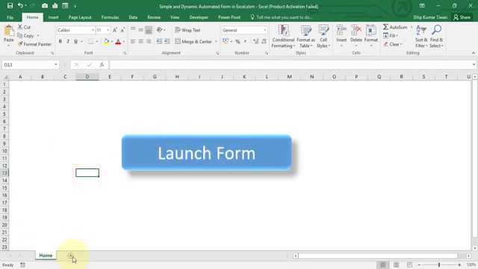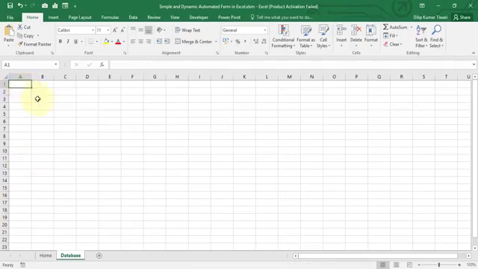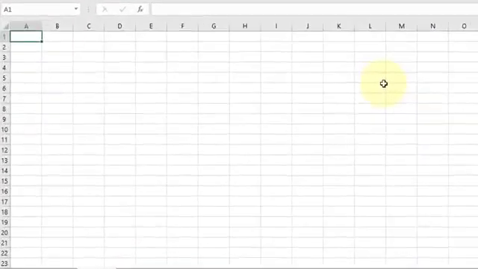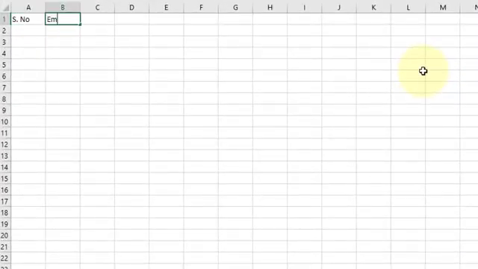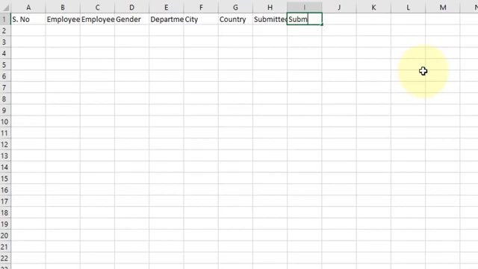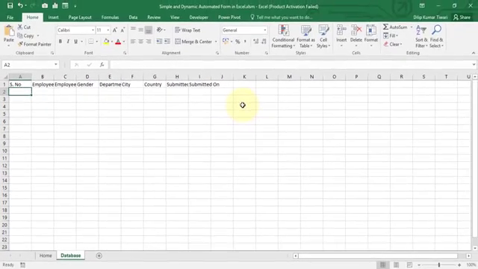Now we need one more worksheet over here for the database. So let's click on new sheet and give the name as database. Let's quickly type the headers. So we have entered the column headers over here.